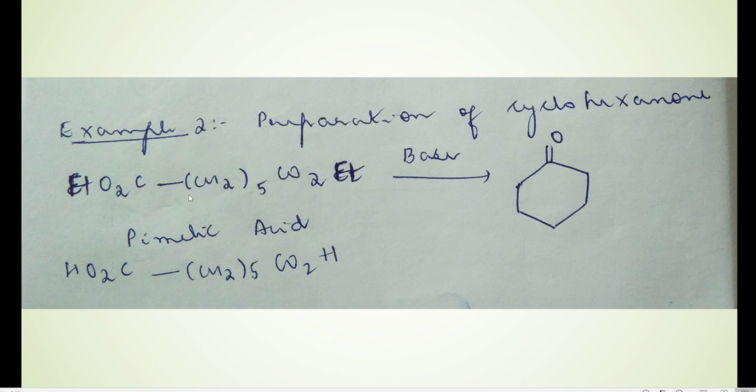So what we have to do is we have to take an additional CH2 here. So it is (CH2)5, COOEt and COOEt. Rest everything is the same. Only difference is that we are taking a pimelic acid ester here where there are 5 CH2 groups. There we took a group having only 4 CH2. So depending upon what type of ring you want to make, how big the ring, the number of CH2 groups you can vary.